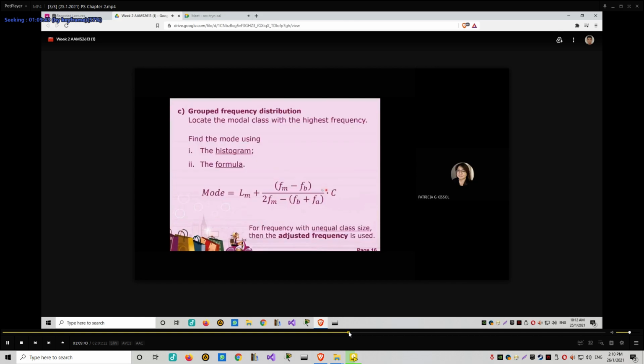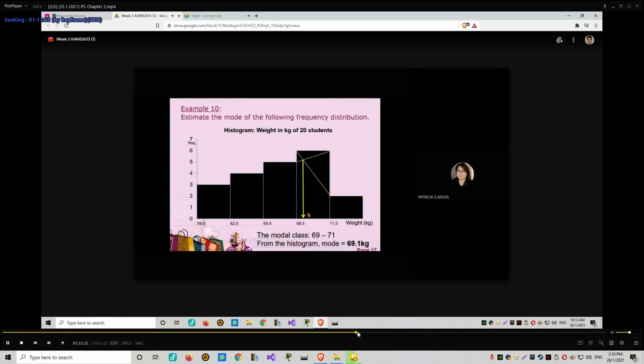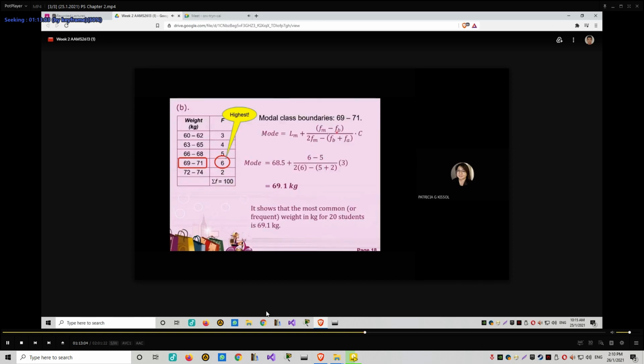Do take note, if you take class, accuracy will be there. So, and then FB is the